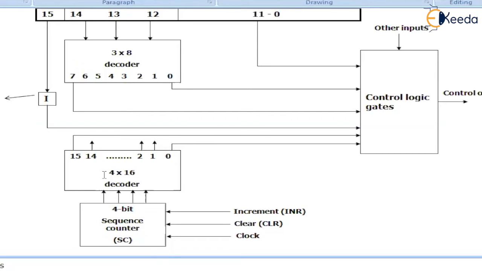Why do I require a 4x16 decoder? Because I'm using a 4-bit counter. The output of a 4-bit counter will be 4 outputs. What I'll do is I will connect them to a 4 into 16 decoder. Now you can clearly see a clock pulse will get released. Let us say this is the first clock pulse that is getting released by the clock. Now immediately the sequence counter starts its counting, that is 0000. The first clock pulse has been released. Then this decoder is going to decode 0000 as D0.